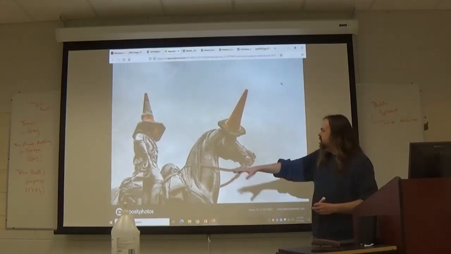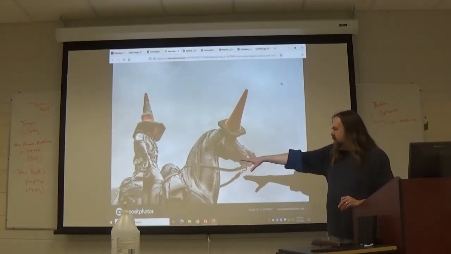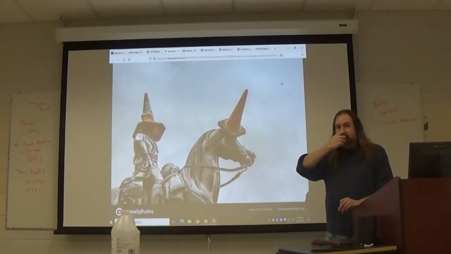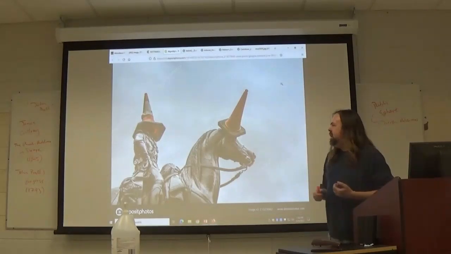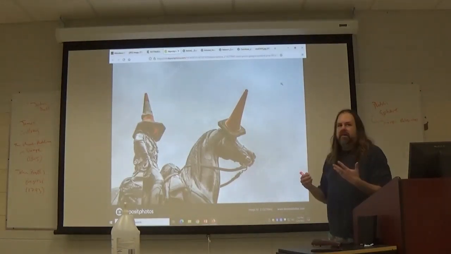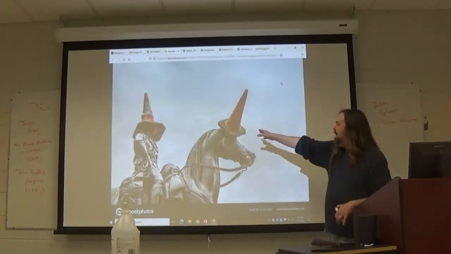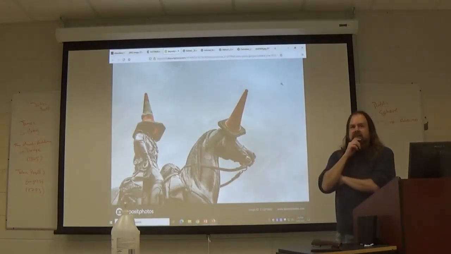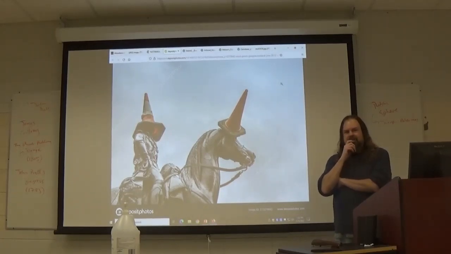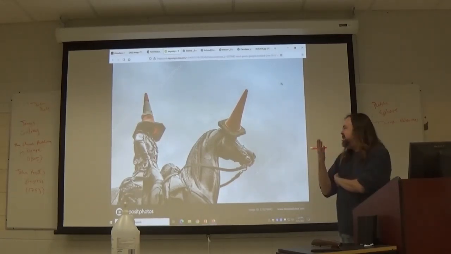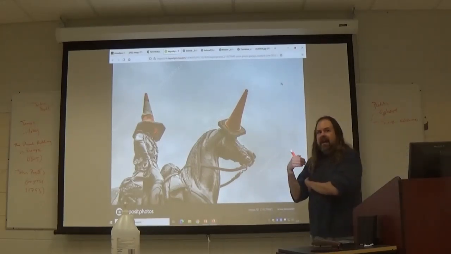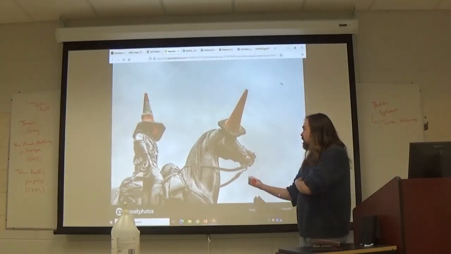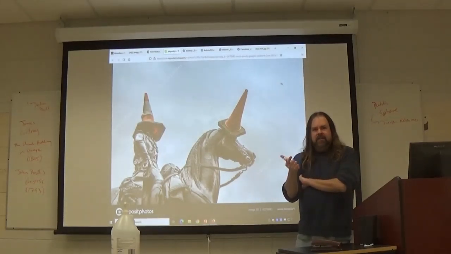And there are also these equestrian statues of Wellington that go up all over the country. This one is in Glasgow, and the reason I chose this one is because as a protest against some government policy, I don't remember exactly which, local artists chose to put traffic cones over the head of Wellington and his horse. So we also sometimes have members of the public trying to reclaim public space by either destroying or defacing a monument, right?